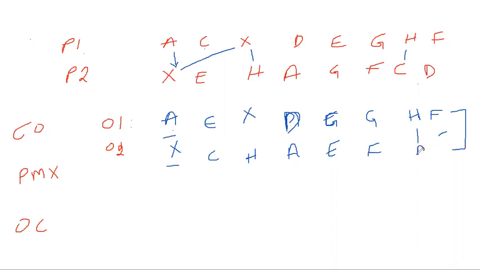So D, and then which missing element do I have? G. Okay. So this is the modified form. You will not do this, it will not be asked in the exam, I have told you, that is one thing. That was the purpose of telling you why we took this example: the cyclic crossover does fail a number of times. So using the next two methods, you please do it and you can see.